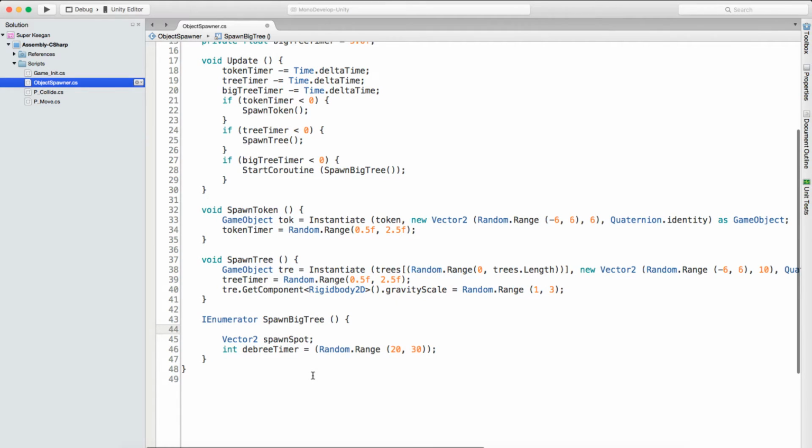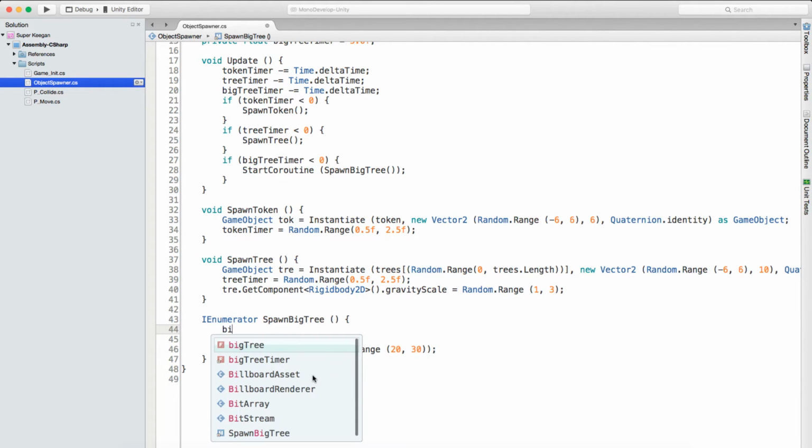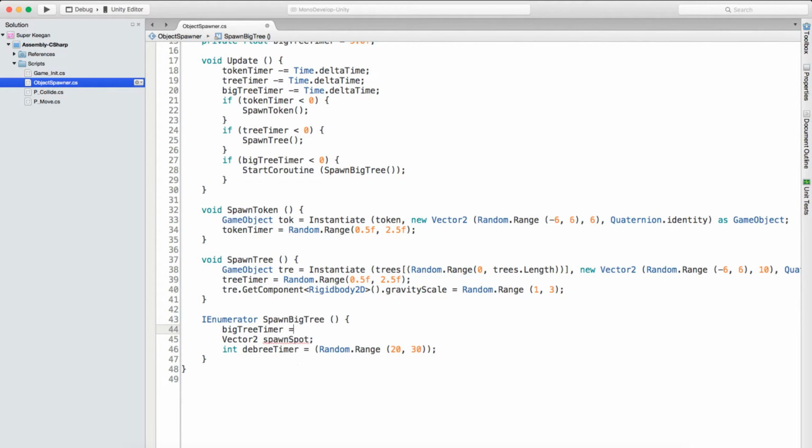So to do that, we can just write big tree timer equals 1000. That's fine. I mean, it's not the best coding in the world. I'll definitely have some people waving their fingers at me for that, but I think it serves its purpose, and it's fine for what we're doing. We're making a small iPhone game. I think it's fine. So next thing we want to do is we want to create